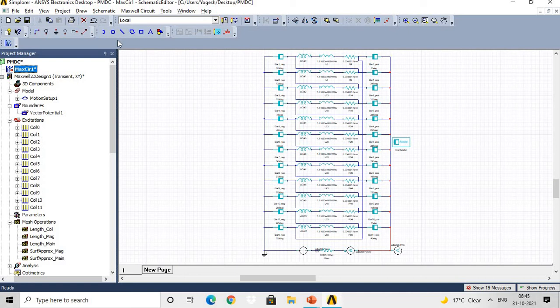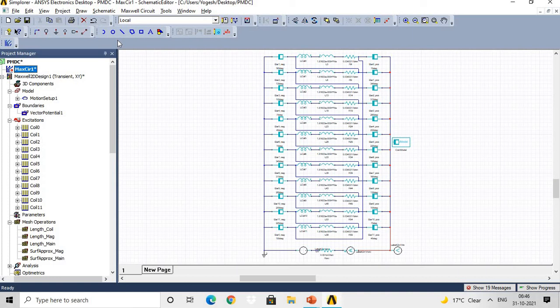So again I revise, whenever you complete your theoretical design and you want to check the performance of that motor, you can directly go to insert RMExpert design, select the type of the motor like PMDC motor, and give the inputs. You can validate your design, analyze your design, and go through the performance curves of the motor. But if you want to work on the converter and controller part, you need to work on another tool, that is Simplorer.